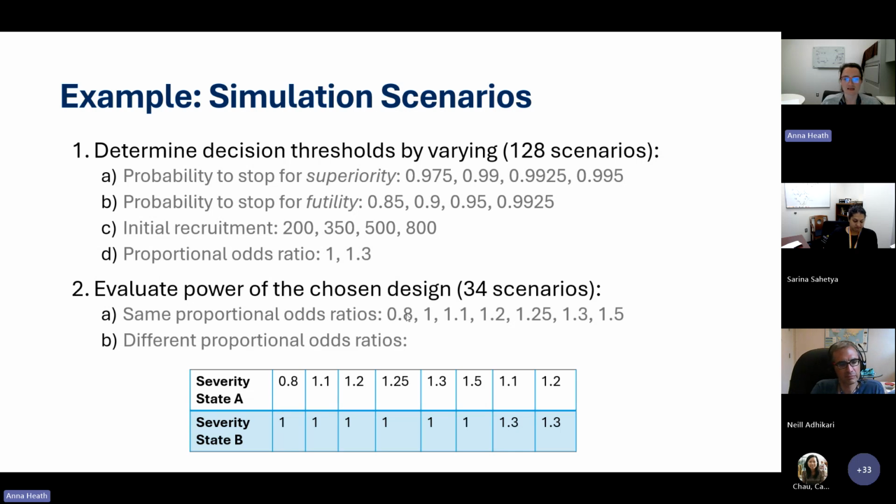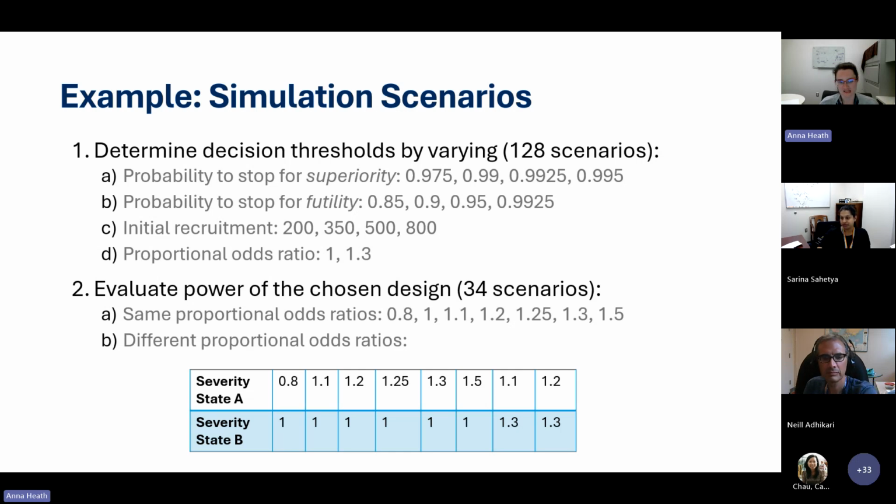This included a 0.8, which is a scenario where there's harm to the patients in the intervention arm. Really what we wanted to see there was, do we stop the trial almost immediately to avoid harming patients? And then we had a huge range of different proportional odds ratios that represent efficacy of the intervention,